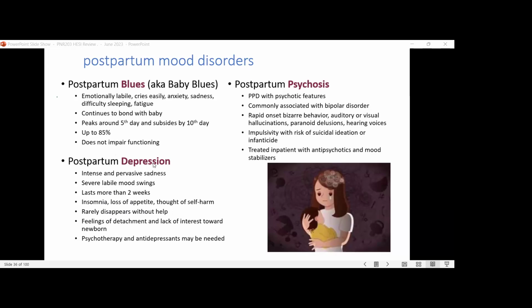So is depression a little bit more than baby blues? Yeah, it is, because they need help and they're going to have to go through some kind of psychotherapy and antidepressants. Now, we have seen postpartum psychosis, okay, and it is real, and it does occur a lot to do